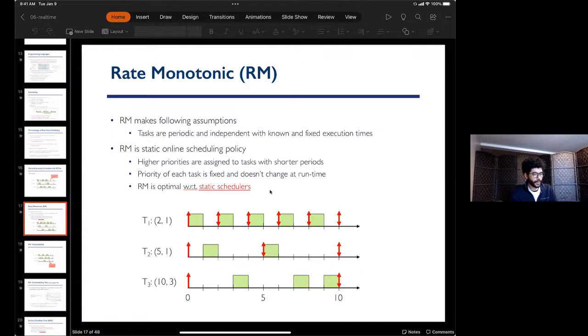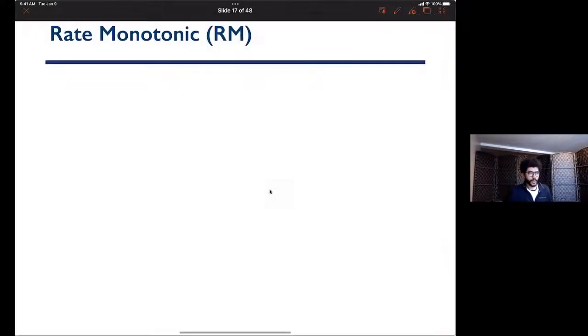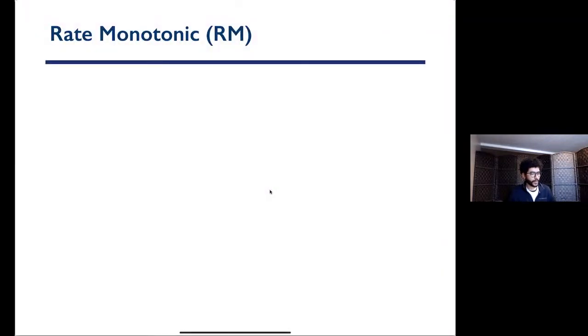Okay, good afternoon. I'm going to try my best to finish the lectures on real-time systems so that we can move on to memory address translation. So in the previous lecture, we were talking about